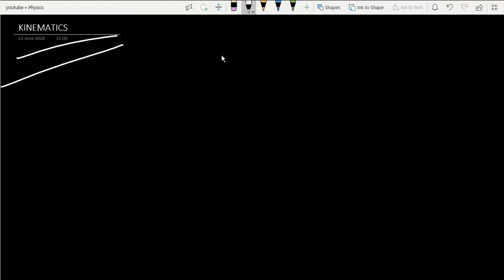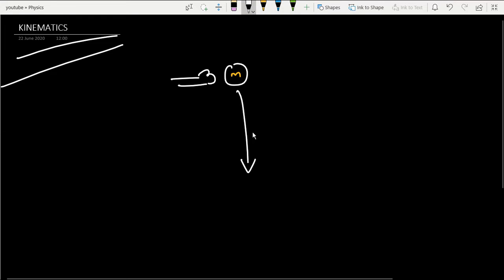So similarly, we can take an example for s is equal to ut plus half at square. I'm not going to show you. So let's see if a body is freely falling. What does it mean by freely falling? Imagine I'm holding a ball, and if I leave the ball from a height, it's going to drop straight down. And this ball has some mass m. So it will go down. What is going to be the variation in these equations? I'm going to show you.